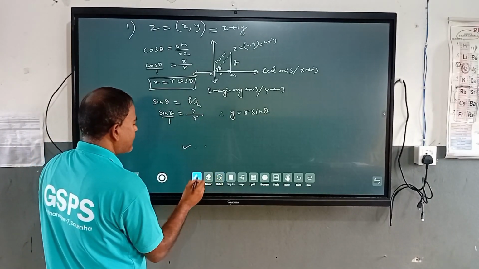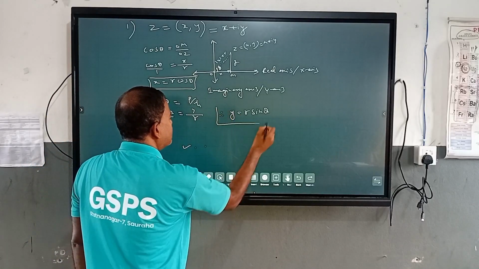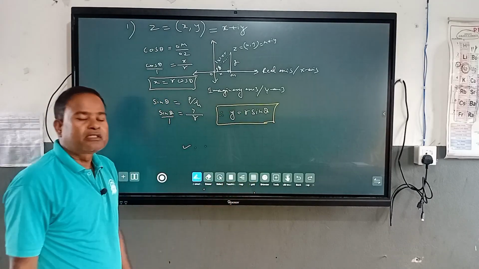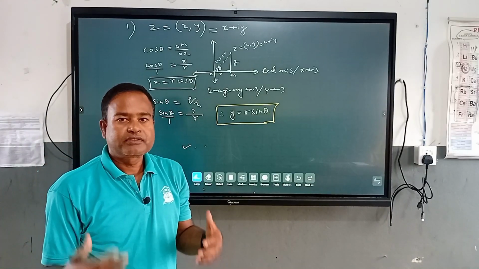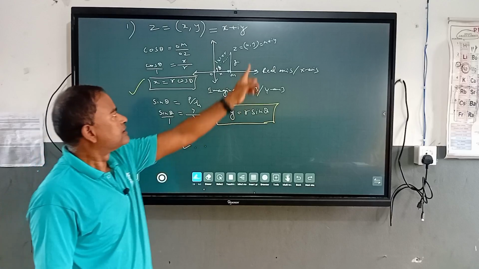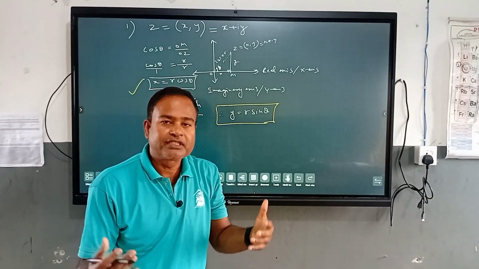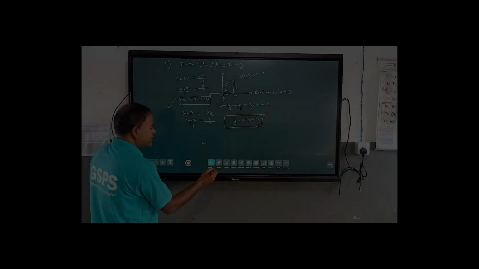So this is the y component, or we can say the imaginary part of the given complex number. x equals r cos theta is the real part, and y equals r sin theta is the imaginary part. So dear students, we know